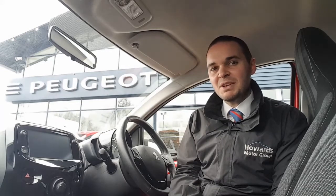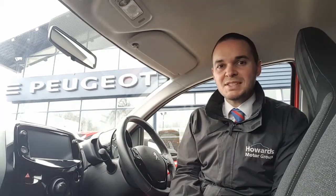This car has the 1 litre petrol engine that gives you 72 horsepower. It's done under 7,500 miles, and if it's of interest to you, then please get in contact with us at